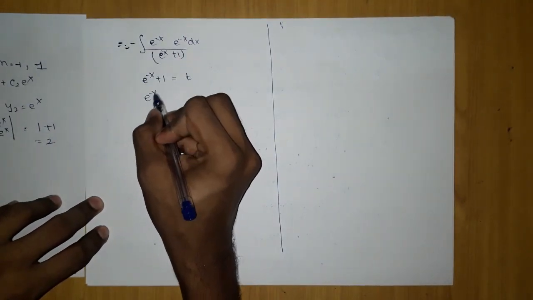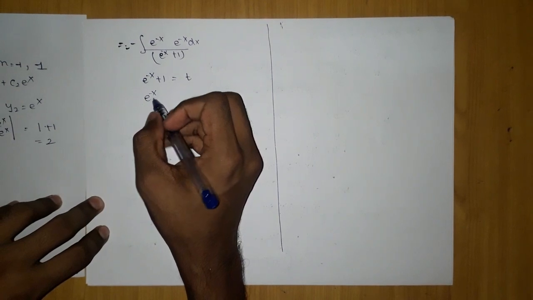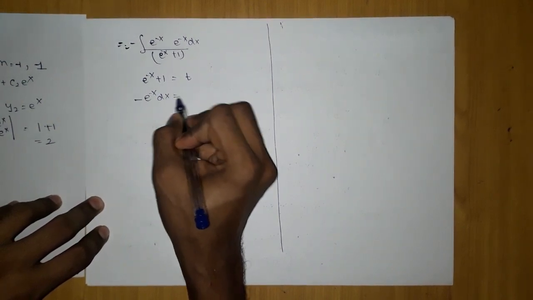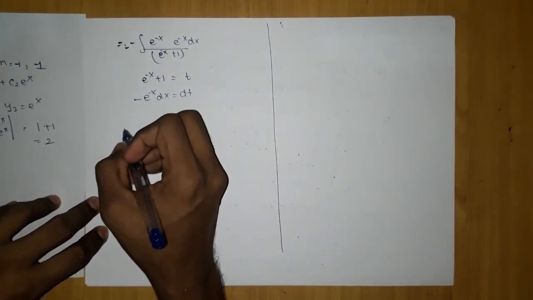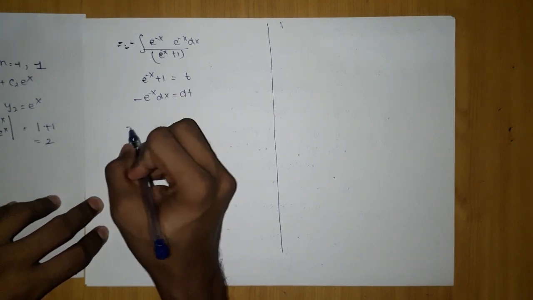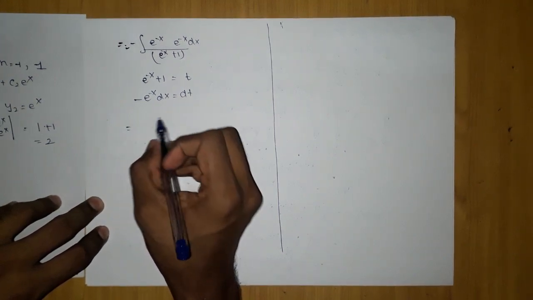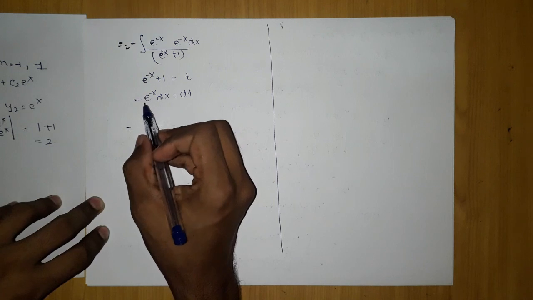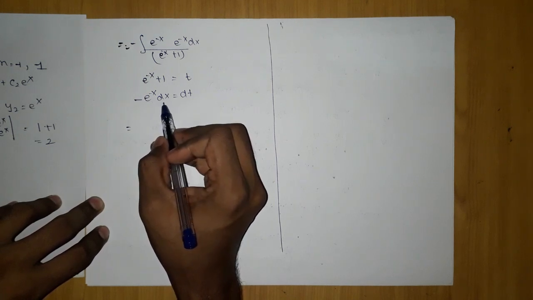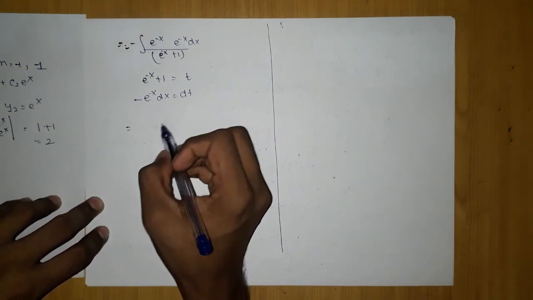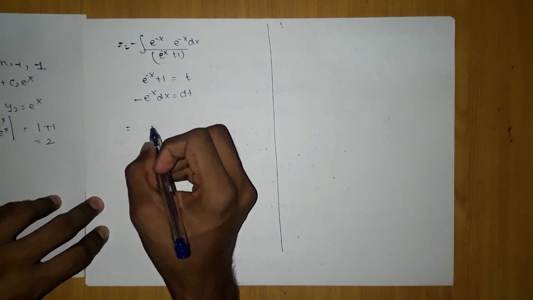Just think about it, e to the power minus x. If you think like that, then things will get pretty easy and you will start understanding more. So this type of substitution will reduce your work a lot. So you are getting that if there is a minus e to the power minus x dx, it will become dt. So my job will be very much reduced.